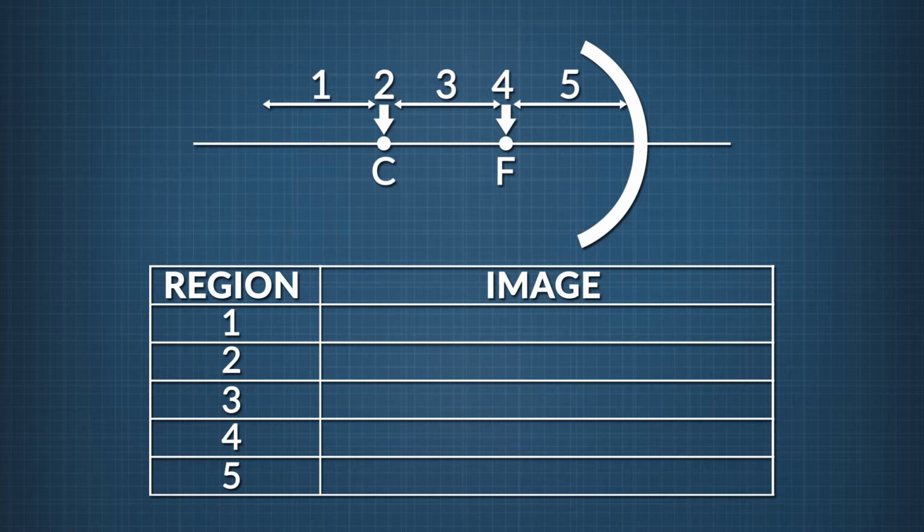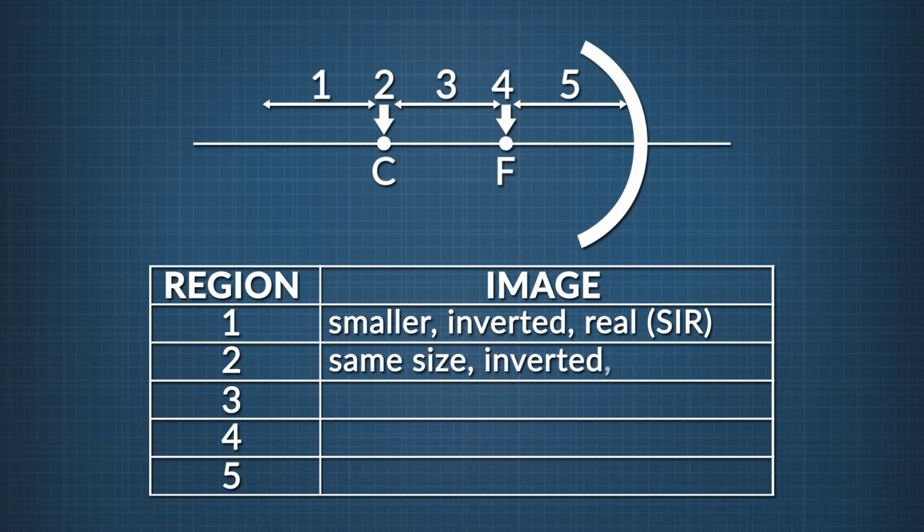We saw earlier that there's a way to remember what image will form for an object in any of the 5 regions. Since it's so useful, let's recap that memory device here. When the object is in region 1, the image formed is smaller, inverted, and real, SIR. When the object is at the mirror's center point, region 2, the image is the same size as the object, inverted and real, SSIR. When the object is in region 3, the image that's formed is larger than the object,